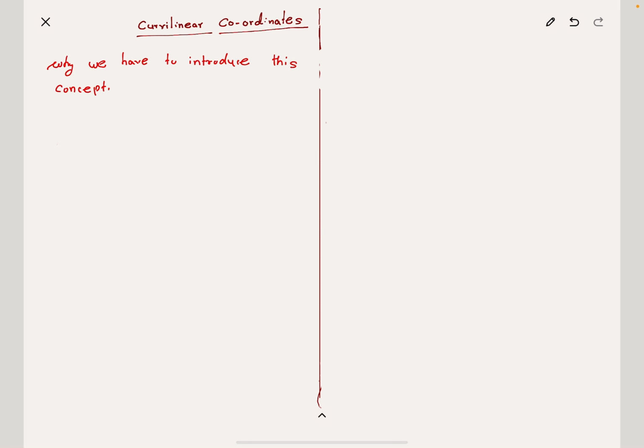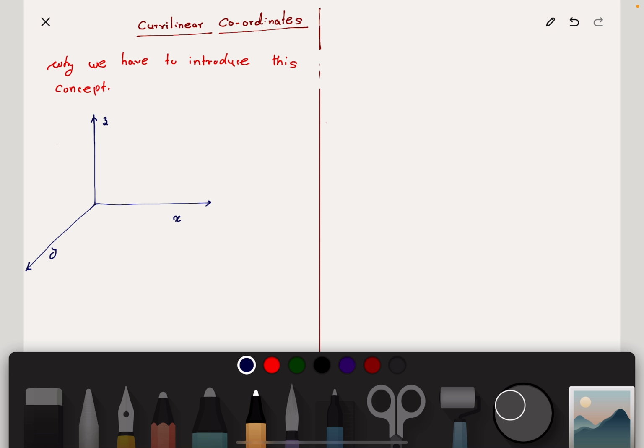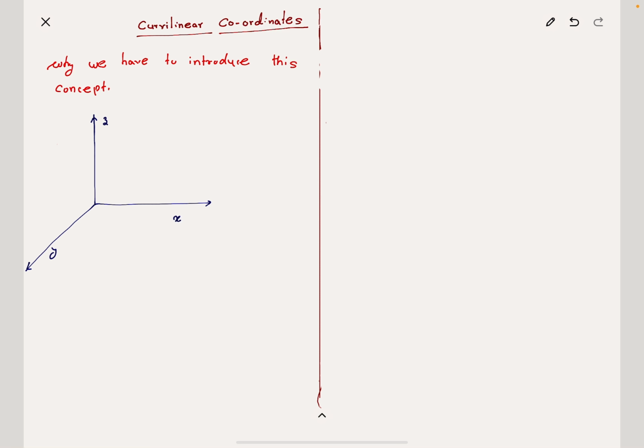is rectilinear coordinate system, which consists of x-axis, y-axis and z-axis like this. Okay, this is say x-axis, y-axis and say this is z-axis, and the point in this three-dimensional space, say the point is point P, which is x comma y comma z. Okay, and how we have the coordinates x comma y comma z? It is because